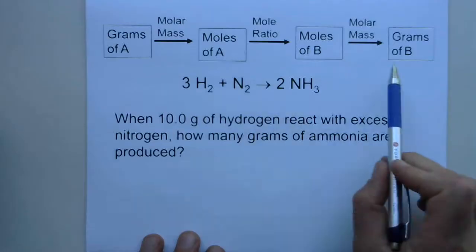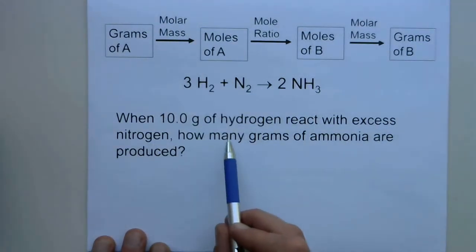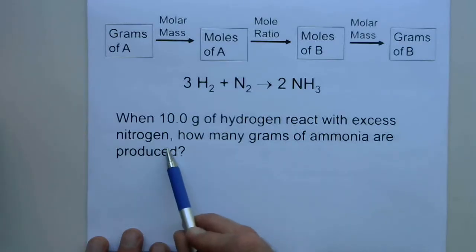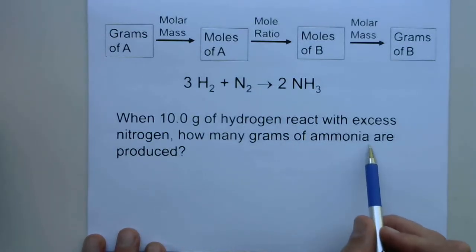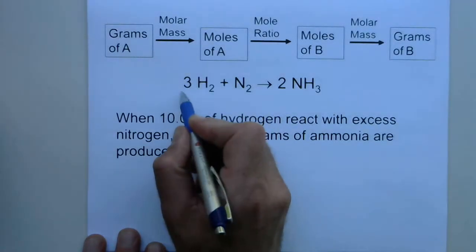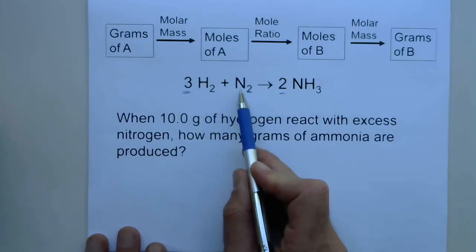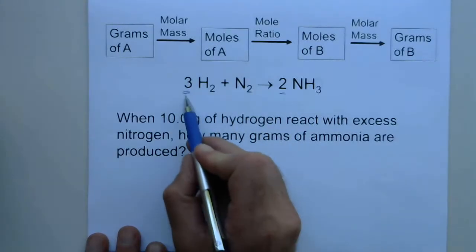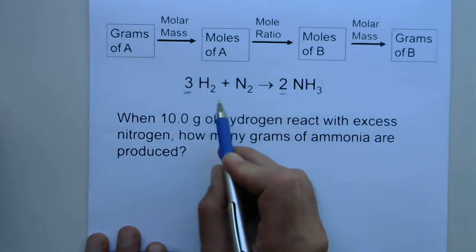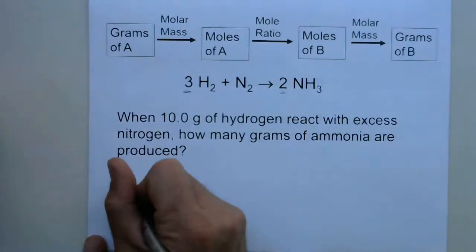All right, using that same strategy, let's solve this problem. When 10 grams of hydrogen react with excess nitrogen, how many grams of ammonia are produced? We've got a balanced equation right here, and we're interested in the ratio between hydrogen and ammonia. It says we have excess nitrogen, so we don't need to worry about that. All we're interested in is the 3:2 ratio between the hydrogen and the ammonia being produced. So we're starting with 10 grams,